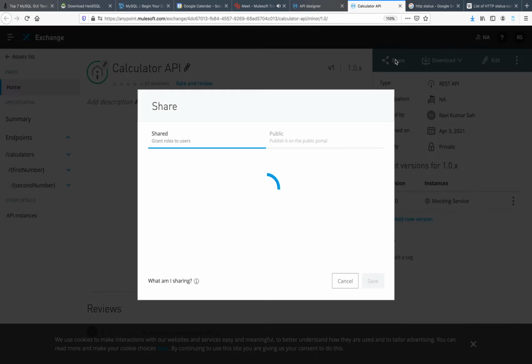If I want to share this RAML within the organization, or share it as public, then we can select this option, public or shared. If I want to share within the organization, we need to provide the user ID, and then click on save.